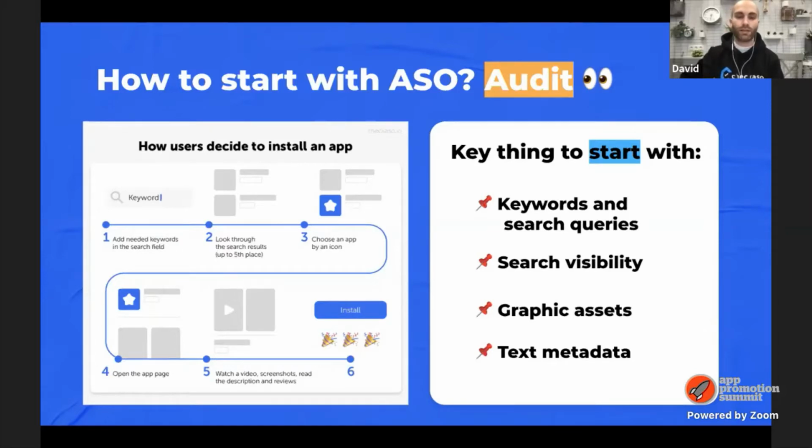So after that, he starts looking for your icon, your title, your screenshot, if we are talking about Apple App Store. After that, if he likes your graphic assets, your title, he can click your app and move to the app page. And then he starts to watch videos, screenshots, read your description, your ratings, reviews, and so on. And if everything is okay, he's going to start